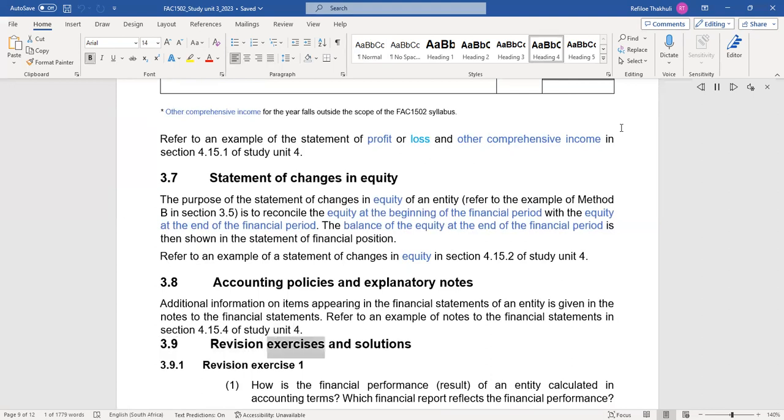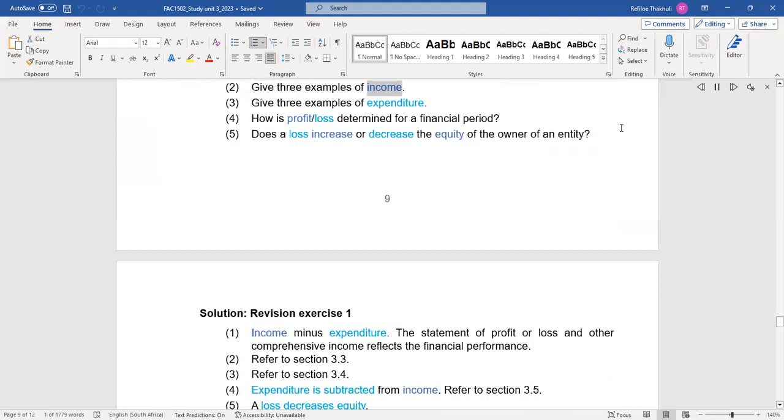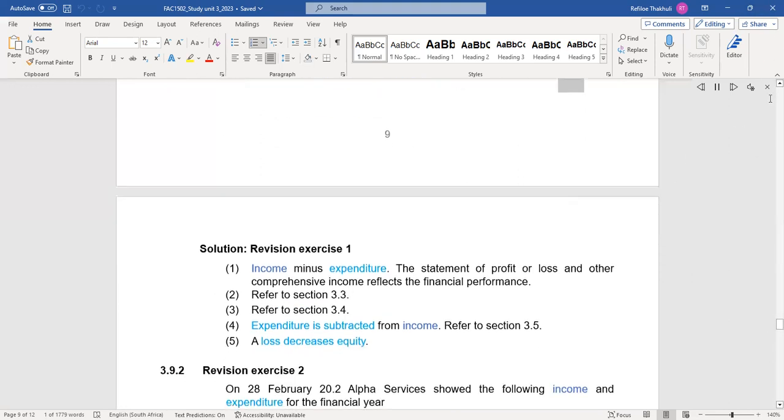3.9 Revision Exercises and Solutions. 3.9.1 Revision Exercise 1. How is the financial performance, result, of an entity calculated in accounting terms? Which financial report reflects the financial performance? Give 3 examples of income. Give 3 examples of expenditure. How is profit/loss determined for a financial period? Does a loss increase or decrease the equity of the owner of an entity? Solution: